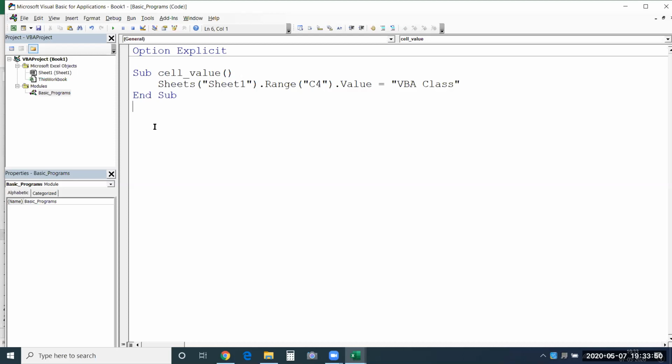Now let me show you a small example of a function. You need to begin a function with the Function keyword, and you need to mention the name of that function. You need to provide a proper name. Here I'm going to show you with a few variables and other things.